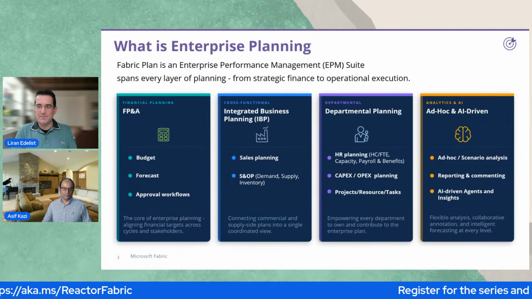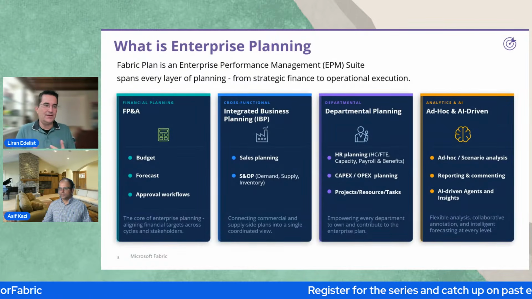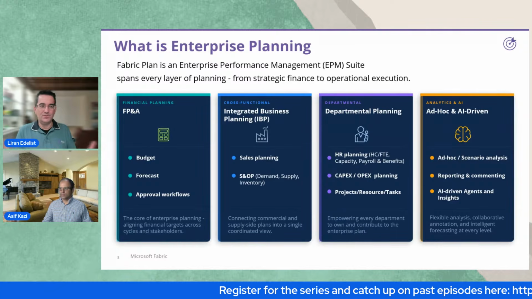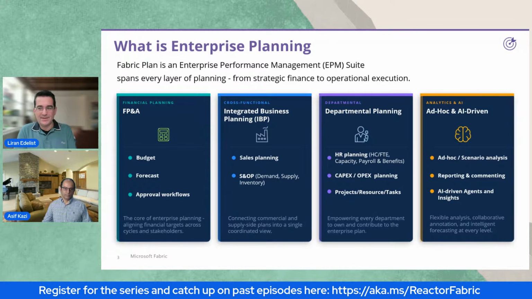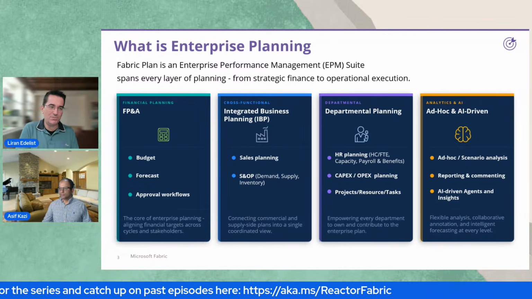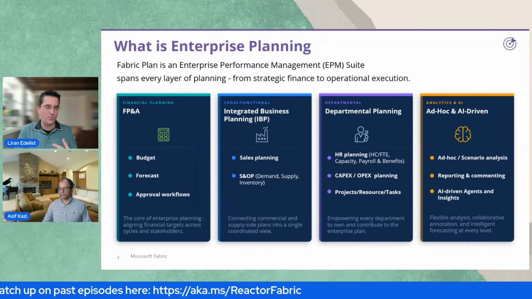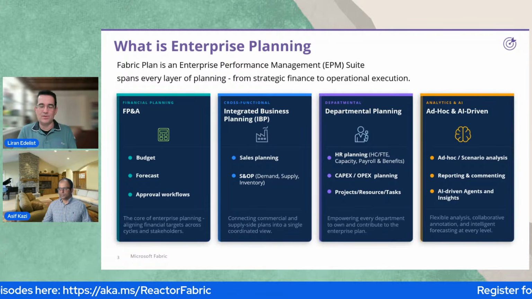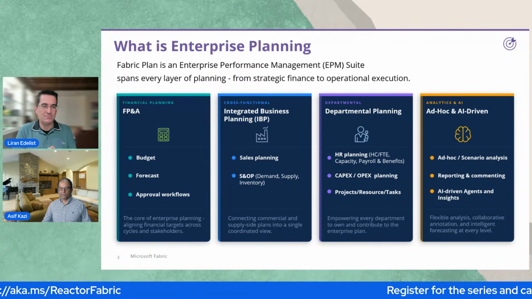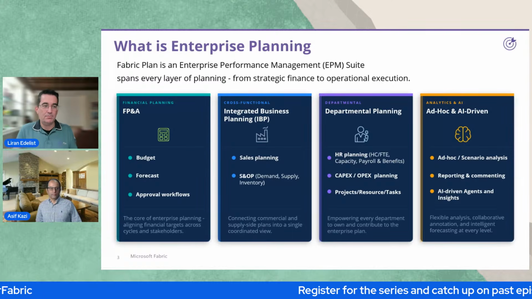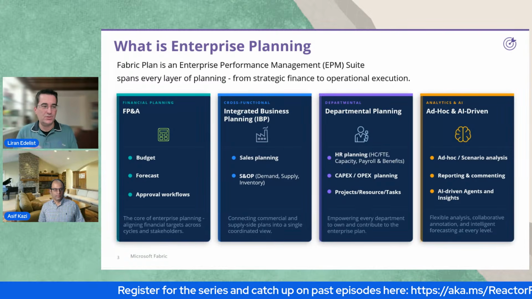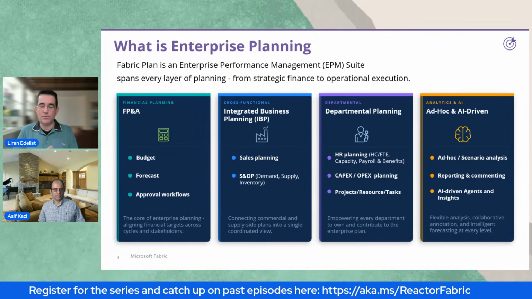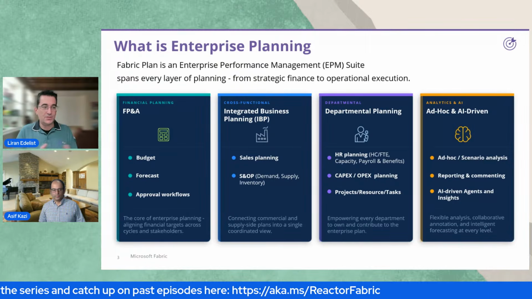So let's start just with a bit of an introduction about what is enterprise planning and why Fabric Plan is there. So, enterprise planning literally allows you to do anything that organization needs to do in terms of planning. The most traditional plan is to speak about financial planning and analysis, the budgeting, the forecast, the workflows that are running around that. That's a traditional plan, but sometimes the planning means that a department manager is getting his actual versus budget report and he needs to do some adjustment or he needs to do commentary.